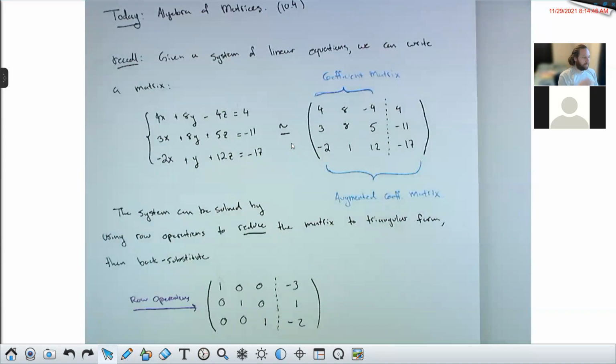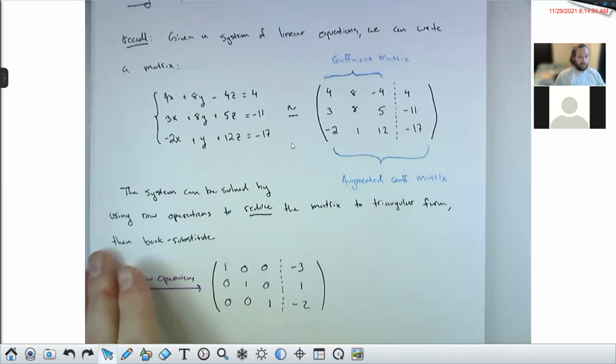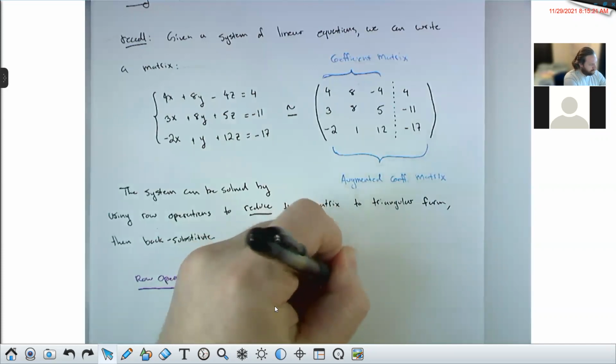Now we said on Wednesday of last week that we would be happy just having these guys down here be 0. So we didn't necessarily require that these diagonal entries be 1, and we didn't necessarily require that these entries up here be 0 either. But if you have this totally reduced so that your first column is just 1, 0, 0, your second column is 0, 1, 0, and your third column is 0, 0, 1, I would like you to observe